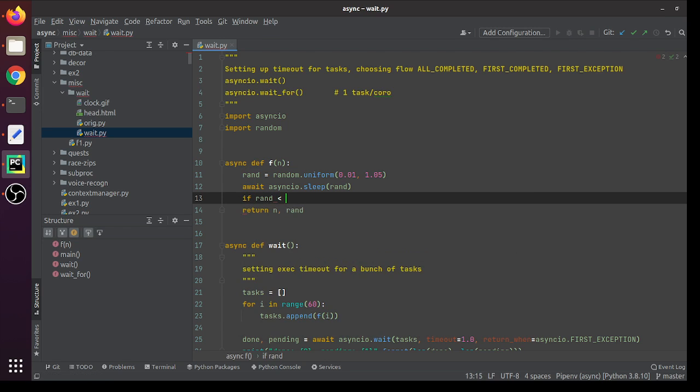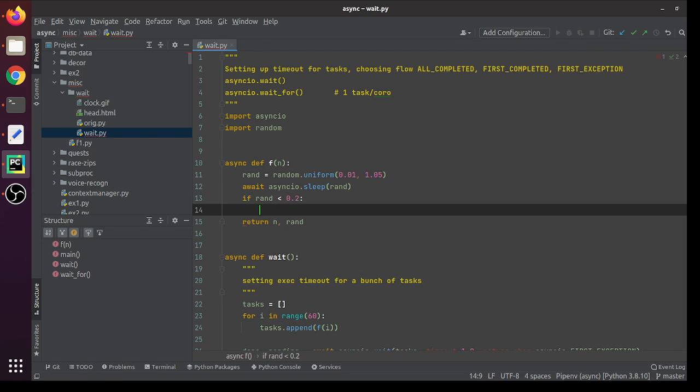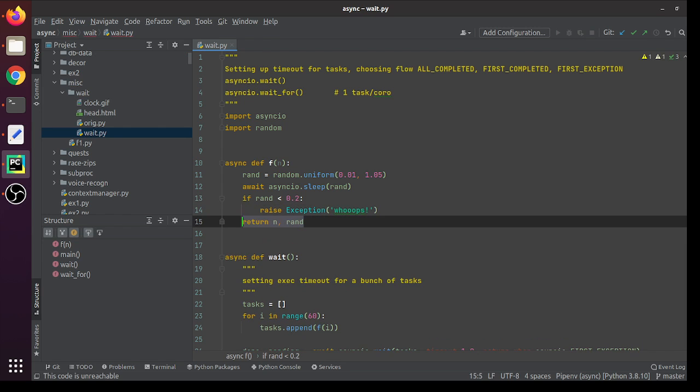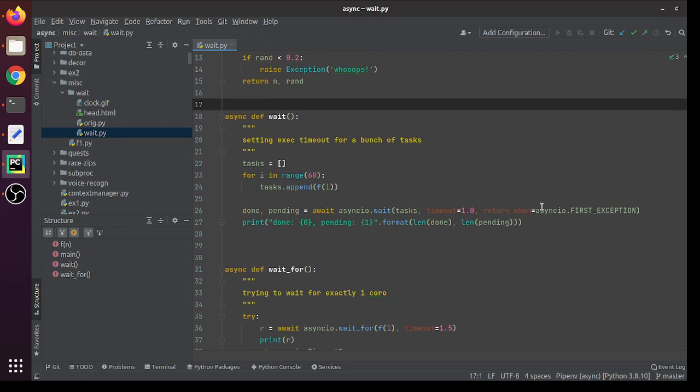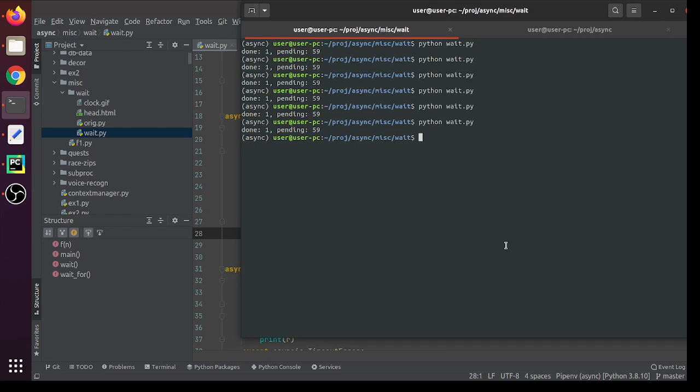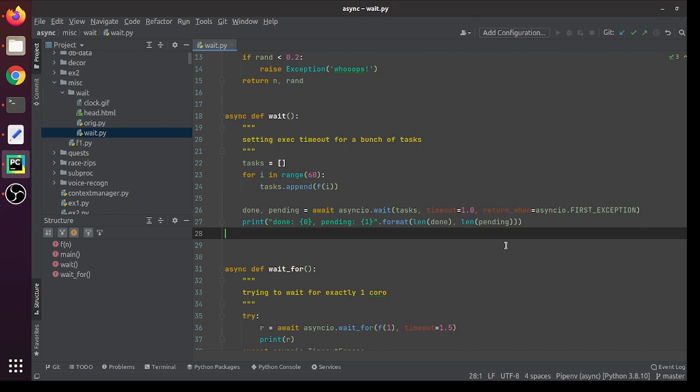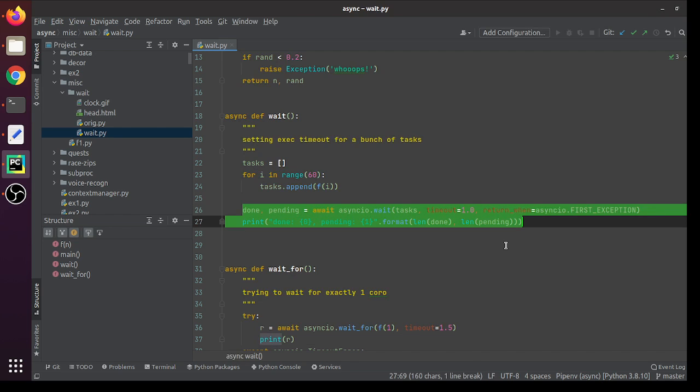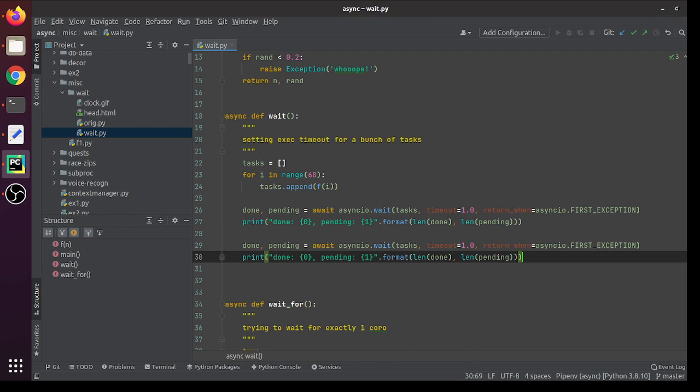Set it to, let's say, 20% of the time. And see what happens here. Okay, we received the first exception and still have 1 and 59, but